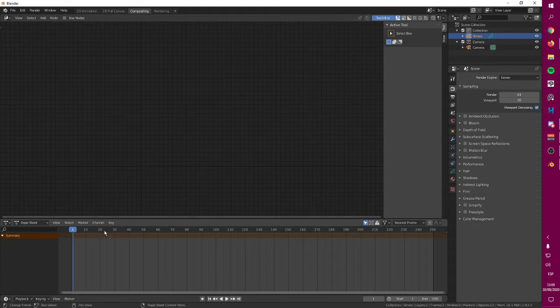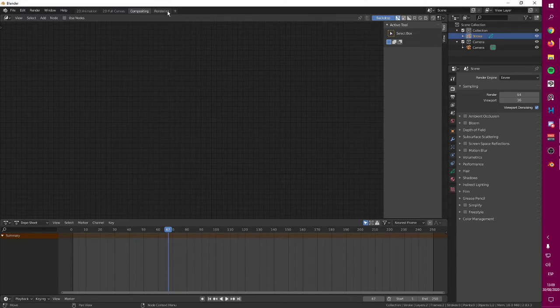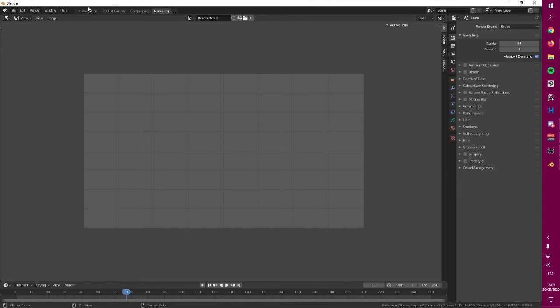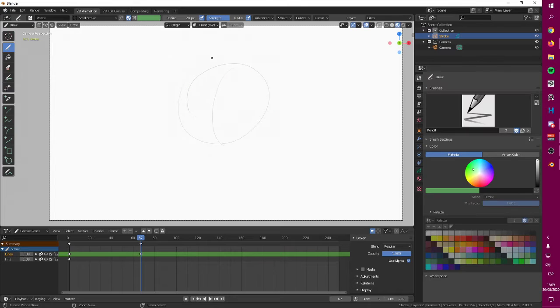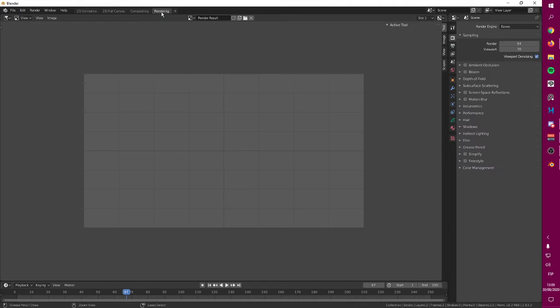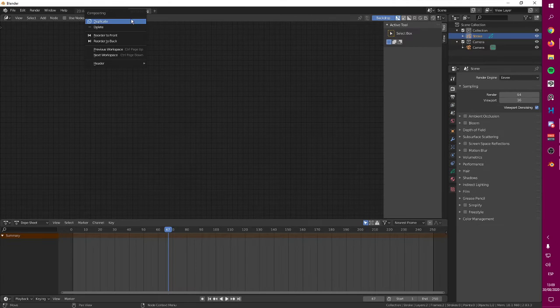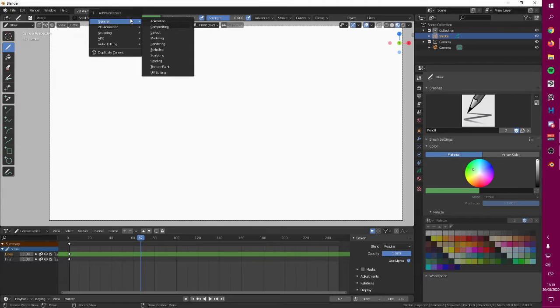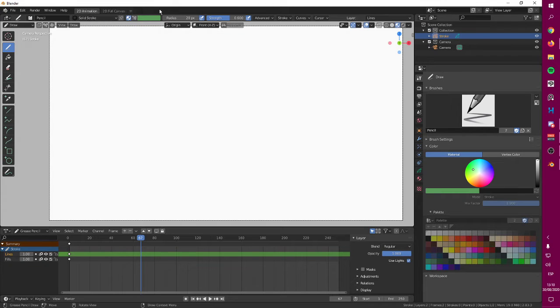And then you can go on composition. I have no idea what this does. Something in here, I have no idea. And rendering. This is probably going to show you a render version later. I don't use those ones right now, so you can always go in here, right click and delete and take them away. And you can always create a new one, and you can create a new 2D animation or whatever you want in here. So you can always play around with that.